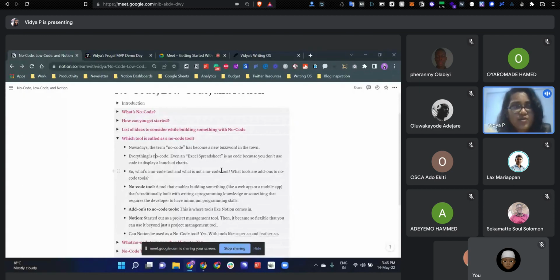So if I want to replace all of that, then I have to go for a no-code tool. That's something traditionally built with code, which I replaced with a no-code tool where I don't have to write any code at all. That's called a no-code tool. But there are other tools, add-ons to these no-code tools, that are also kind of considered no-code tools,